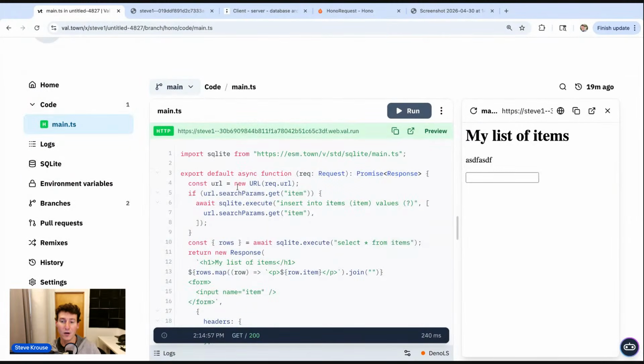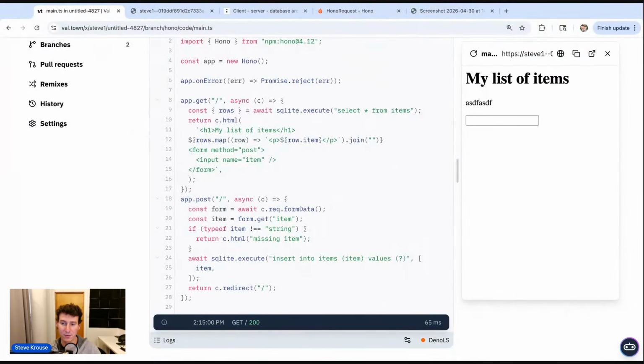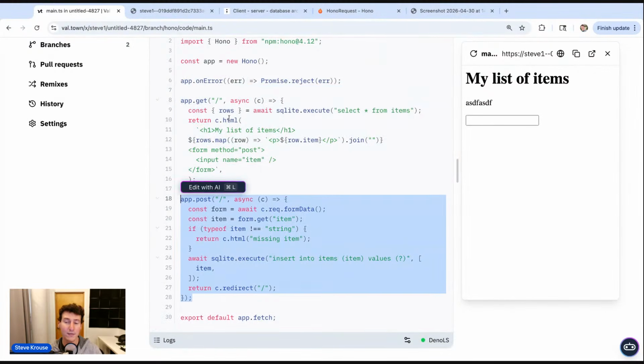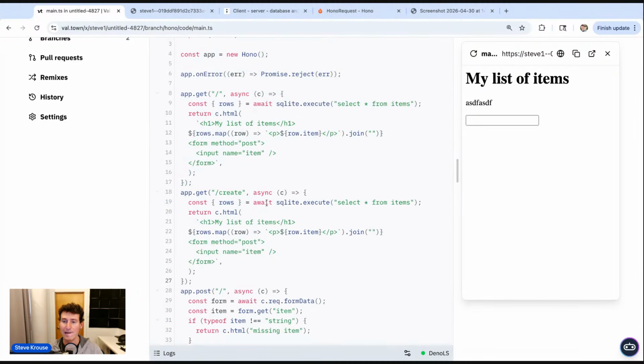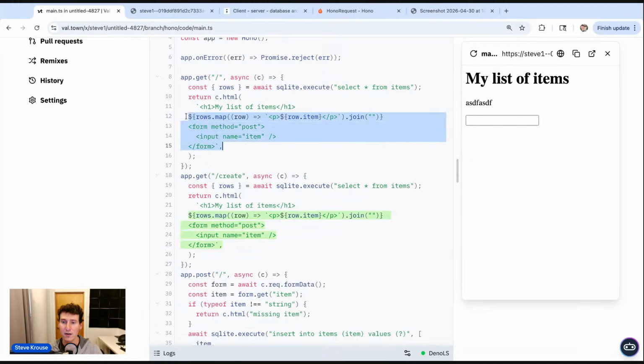Let's go back to my Hono branch. I think the code's a little bit easier to read. We separated out GET requests from POST requests. We have a router. So here, let me show you. Let me use the router a little bit more so you guys can see why routers are cool. Just copy this. All right, so here I'll just link to